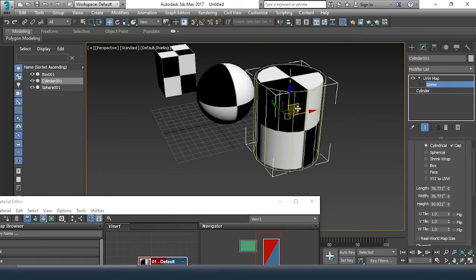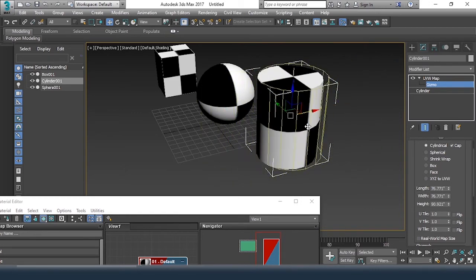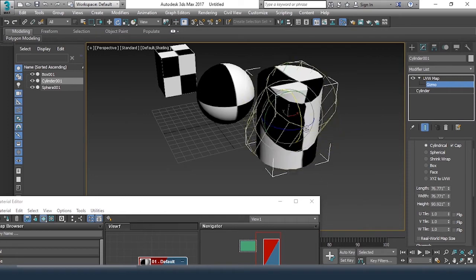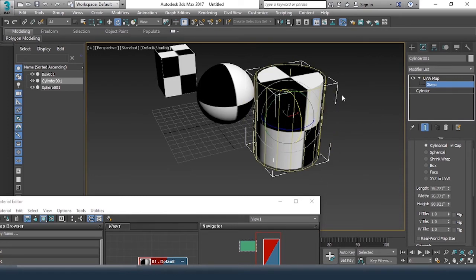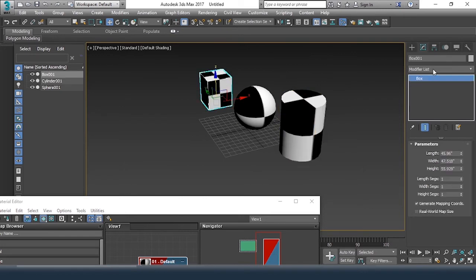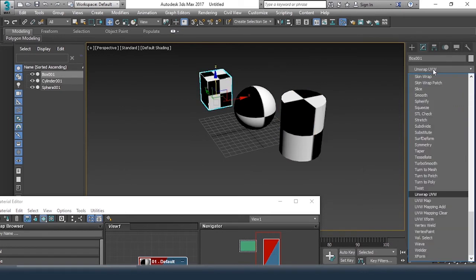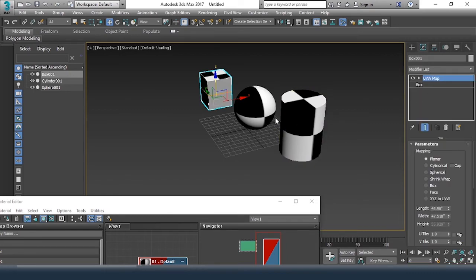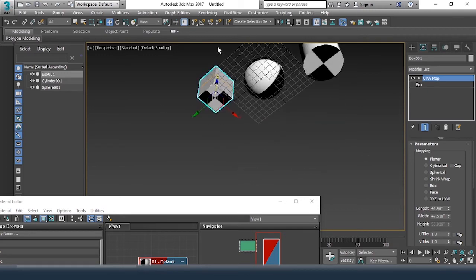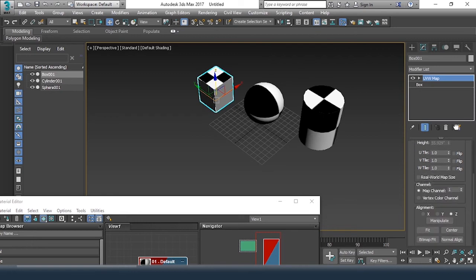I can move it in a position of X, Y and Z axis. Even I can rotate also. So accordingly the texture will be seen on a surface. So this is how we deal with UVW map. For the box, obviously we always have to select UVW map. Since it's planar, any one side will be seen. That is either top, bottom or any other side which is mentioned here.